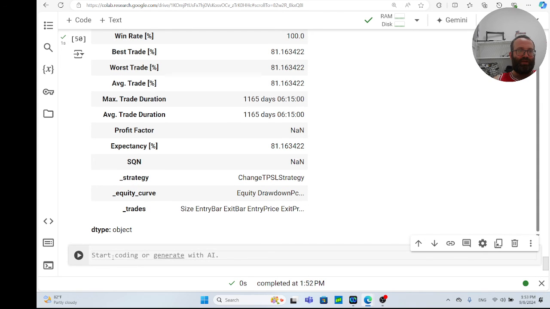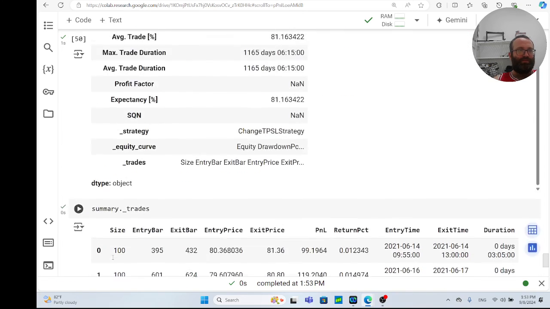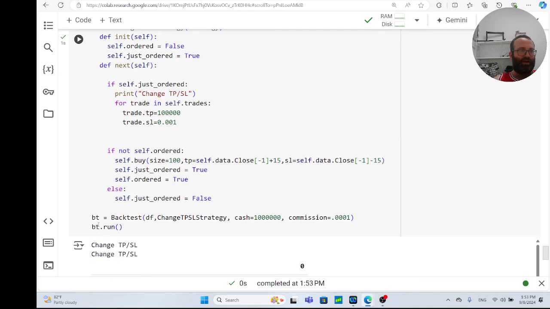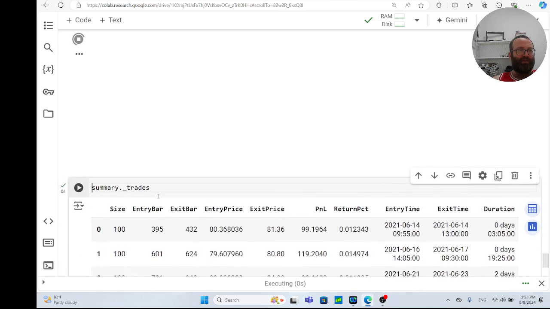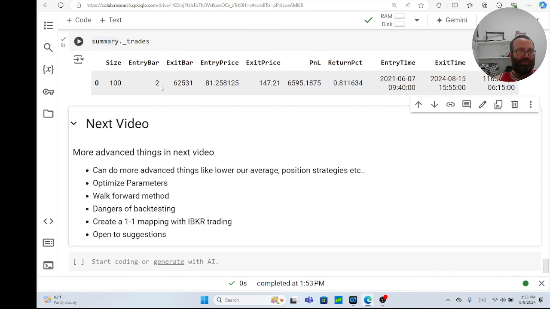But just to show you guys, if I do summary.trades, and I went way overboard with time, you'll see, oh, I didn't save it, sorry. Summary. You'll see I only have one trade that enters at the first bar. So it's entry bar 2 because I said it starts with 2, and it exits at the last bar, and then you get your P&L. Okay, so anyways,